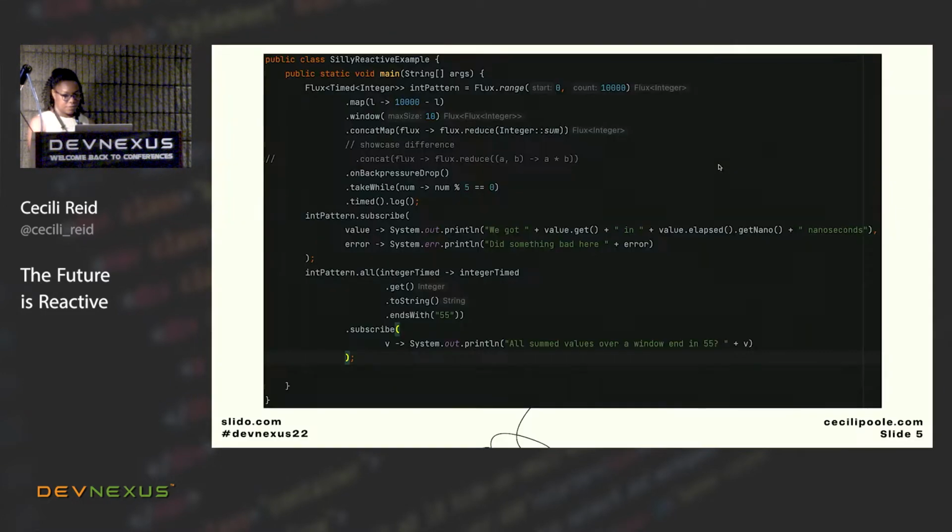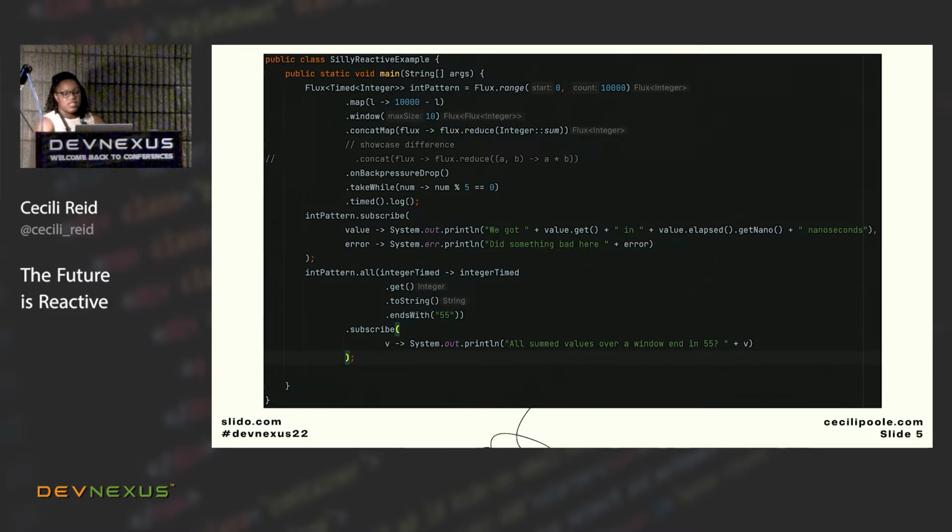Perfect. So if you're like me, when you see code like this, I don't know what the heck is going on. I actually wrote this last night because I couldn't find a good nonsense reactive programming example. My goal was to try and throw in as many reactive buzzwords and operators and things as possible and to make it look as convoluted as possible. Don't worry. We're not really going to go through every line of this. Like I said, it does nothing important.